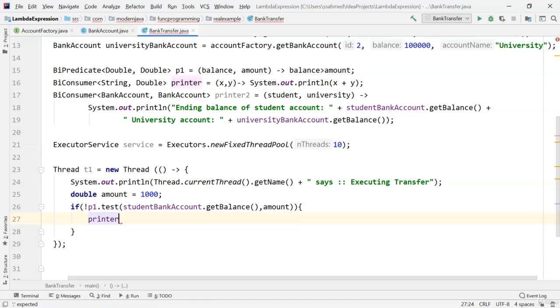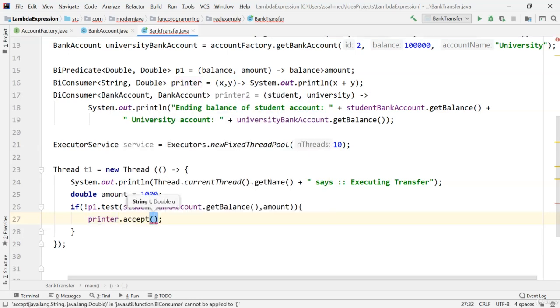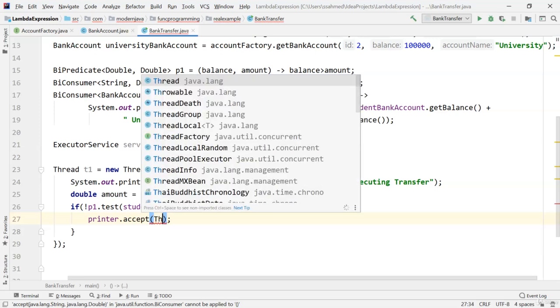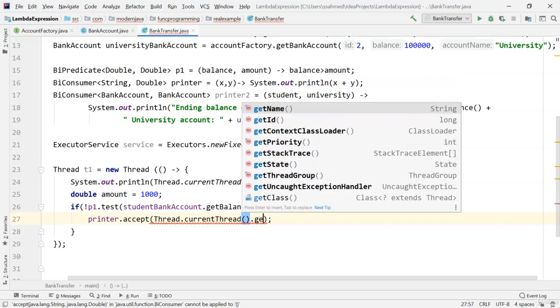So printer dot accept, and printer has two arguments. The one is the string and the second one is double. So in the string we will put some message, Thread dot currentThread dot getName